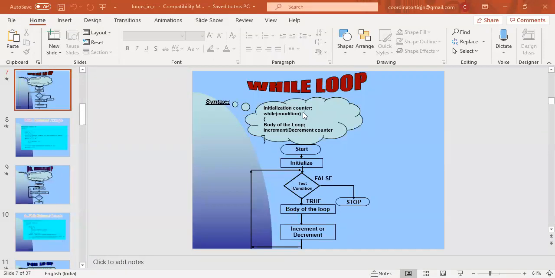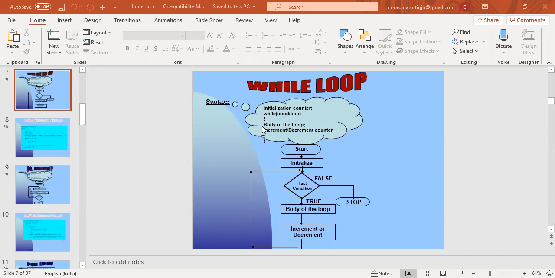And see, there is no semicolon. Normally, we don't put any semicolon after while when we use only while, except in some conditions.